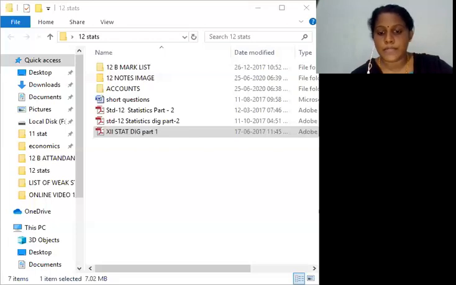Next is the 10th sum. Let's see. If the regression line of y on x is y cap equal to 11 plus 3x and sx is to sy equal to 3 is to 10, find the coefficient of determination. Now, whatever is given, that we will write. Y cap equal to 11 plus 3x and sx is to sy equal to 3 is to 10. That is here, this y cap equal to 11 plus 3x. So what is 11? That is a and 3 is b.